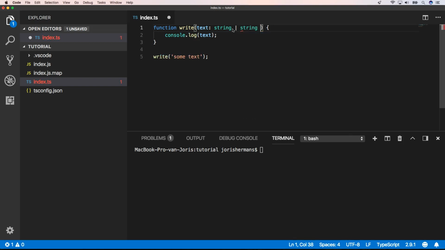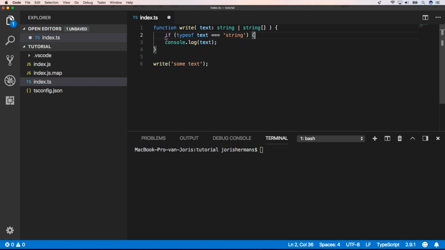And then we can do string or type array, right? So now when text is of type string, we do just console.log of text,